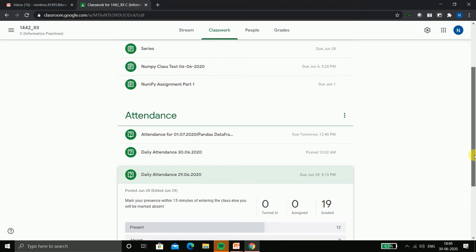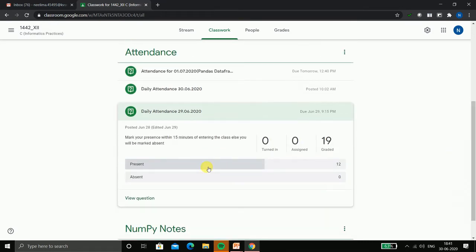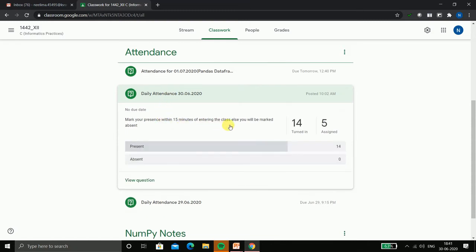So I can see 12 were present and 0 absent. In the same manner, I can see here 14 present and 5 assigned, means 5 students did not take the class.